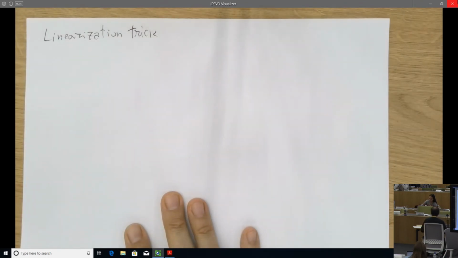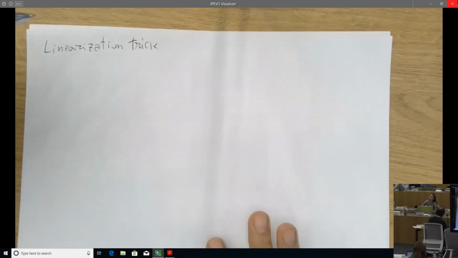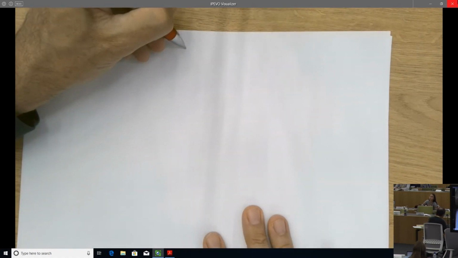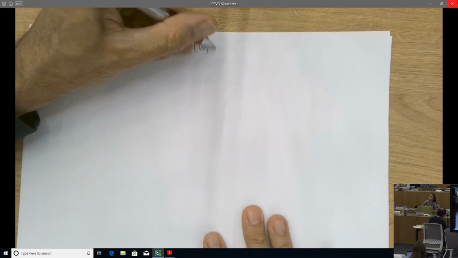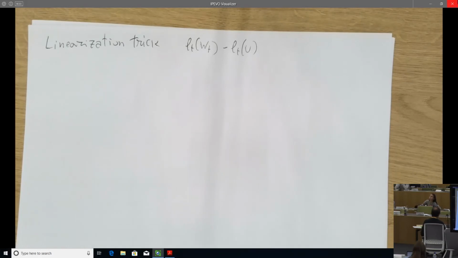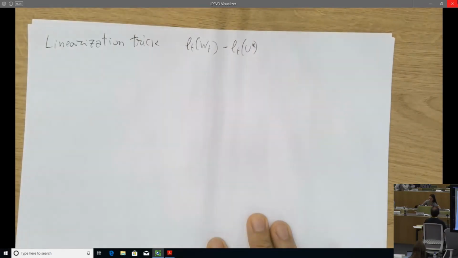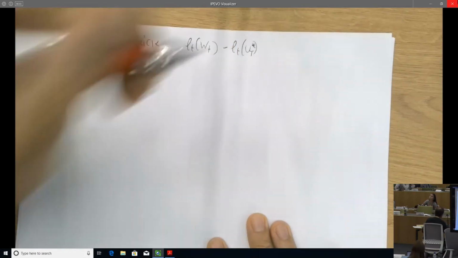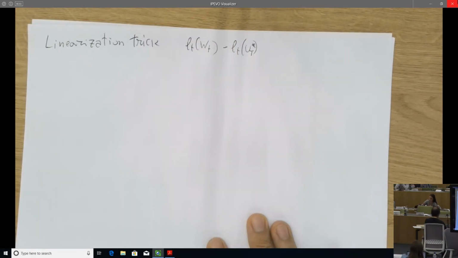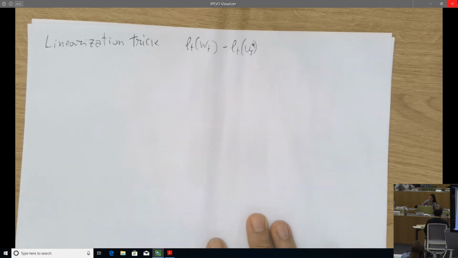So the linearization trick says, okay, I'm using convexity of the losses. So you remember we are interested in the regret, which is the sum of these terms. So we want to bound the loss of our algorithm with respect to the loss of some u star. And u star is, let's say, u star of T, to keep with the previous notation. So this is the best decision in our decision set, okay, up to some horizon big T. So the sum of these quantities makes up the regret.